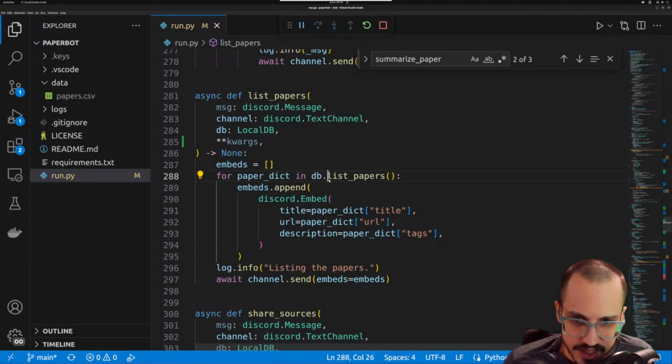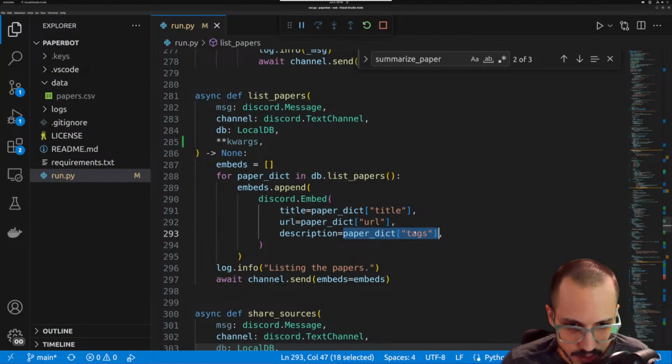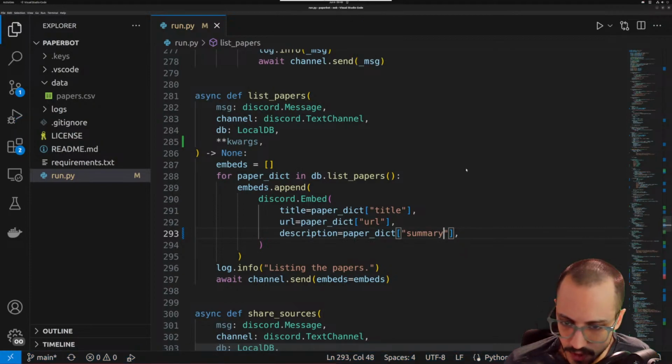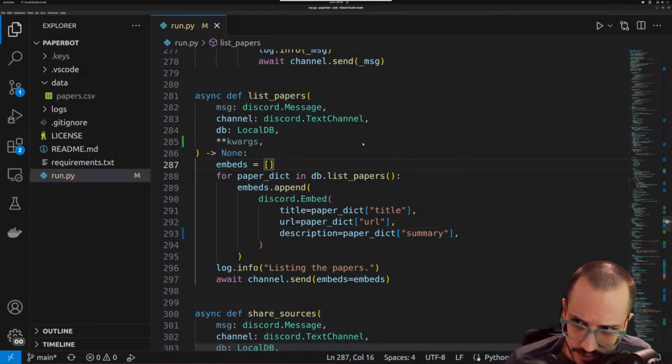For paperdict and db.list papers, embed here, and I think this is the description. So now we want to do the paperdict and we want to do the summary. All right, so let's close out of that. And because we messed with the